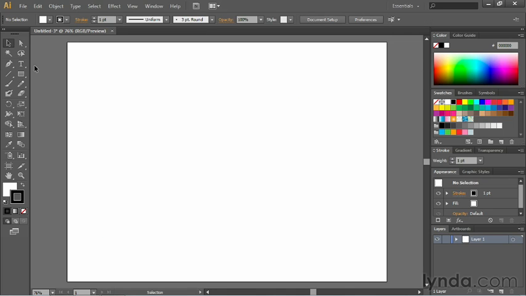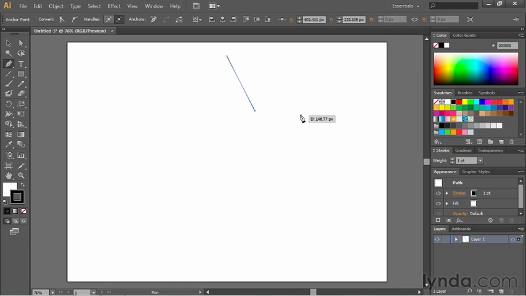Now let's grab the pen tool one more time, and let's try to draw out a star. I'm going to start right here in the center of the document, and I'm just going to make a point by clicking. I'll then come down a little bit and click somewhere around here. I'm then going to hold down my Shift key because I want this to be a straight edge, and then I'll click. I'm then going to come down, and I'll use my smart guides to determine exactly where I need to come down. Somewhere right along here. I'll click, and I'll come back down here. When I see the smart guide, I'll click again,